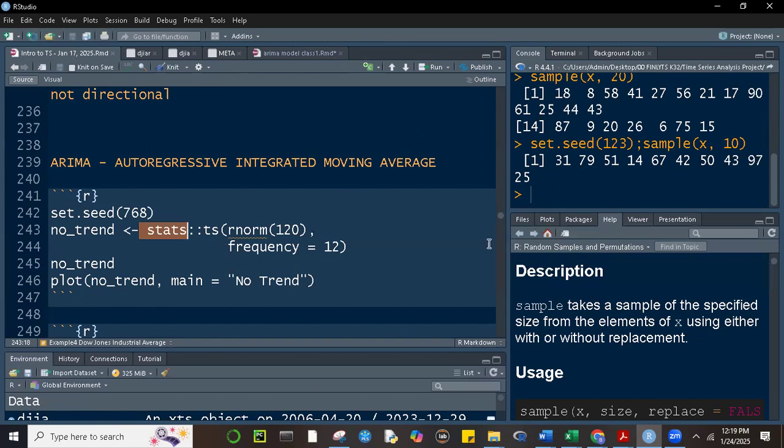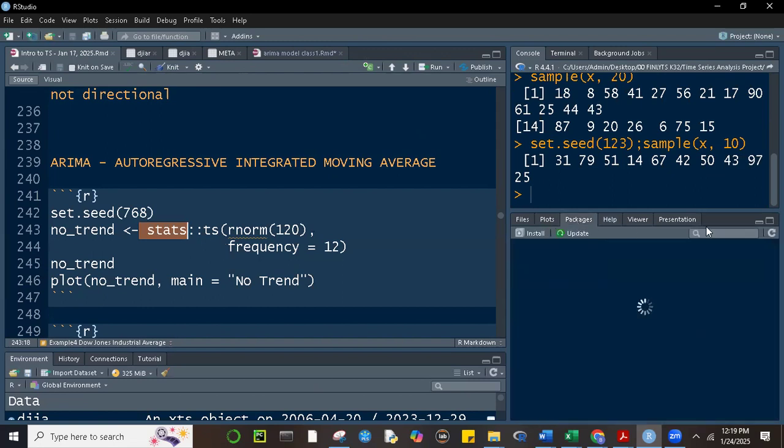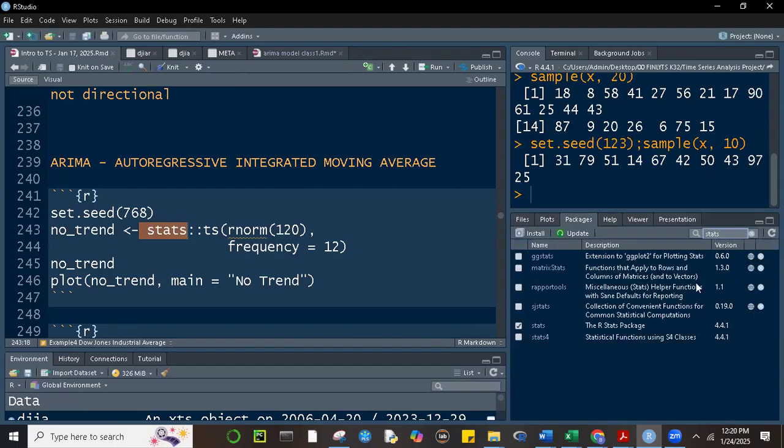So when you open your R or R Markdown, and if you check the stats package, class, you notice that it's already checked. We did not load stats a while ago. It's already preloaded. All right. So the stats package has a function called TS, time series. So it means that you're going to